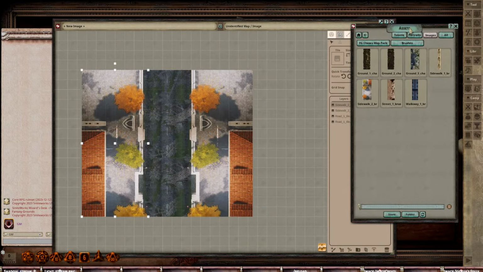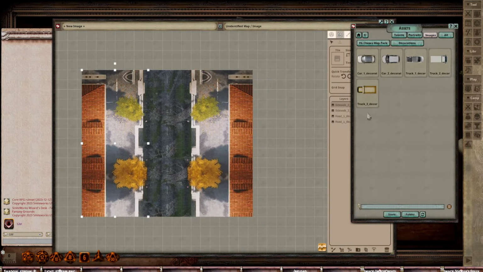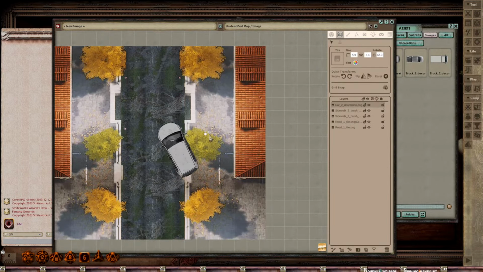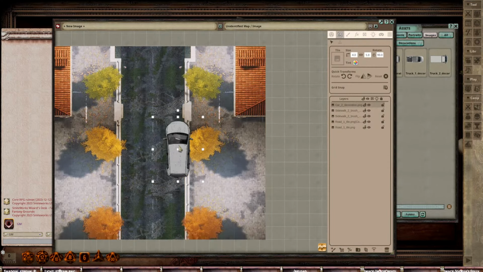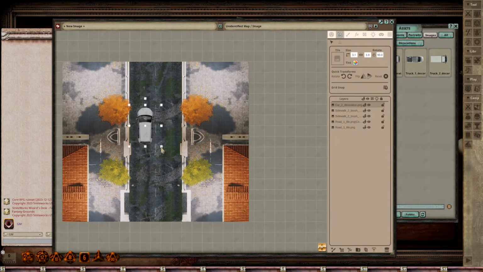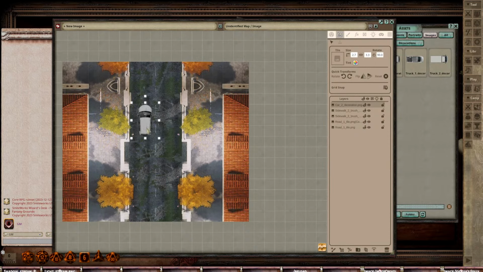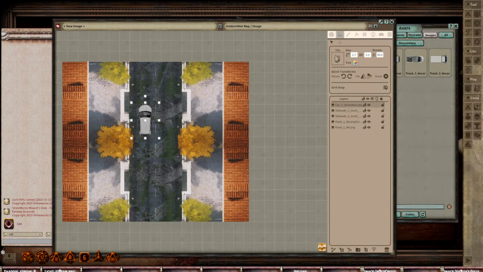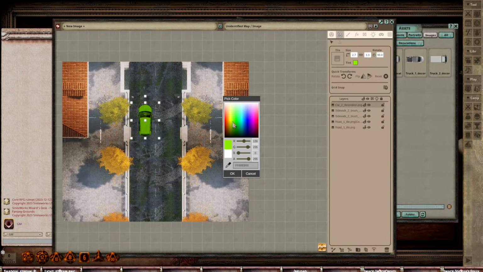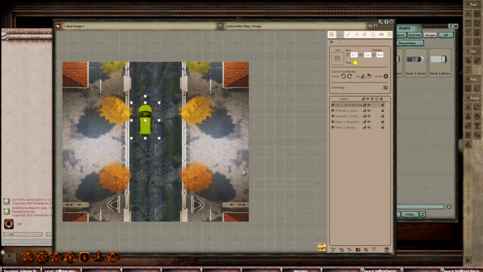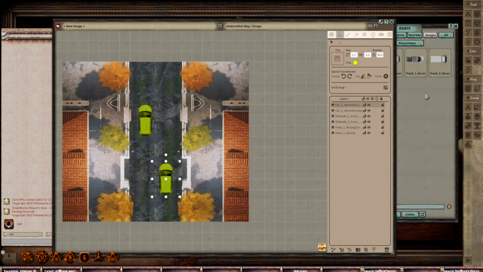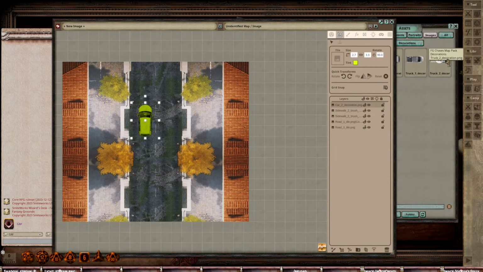But then if we go into some of these decorations, as you can see, we have some like cars and whatnot. And so we could have a nice little chase scene as we're moving down. We might even want to make this a little bit smaller. Let's change its color. Maybe this one's going to be like this. And we can duplicate this and maybe have another one down here. Or actually, let's